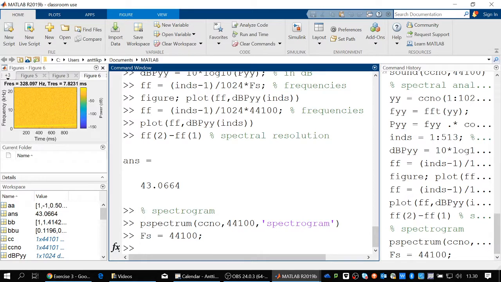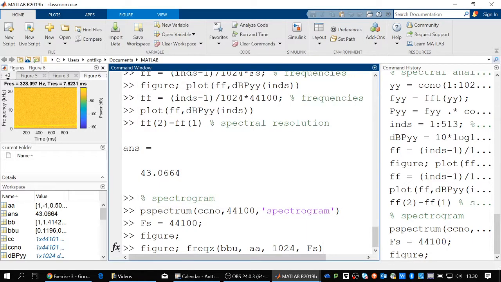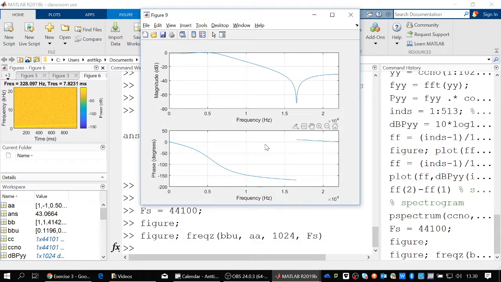Okay, and my frequency response. I'll just put this one here. Frequency response for my system, B and A. Wait a minute, why doesn't it? Okay, there we go. So the frequency response of my filter